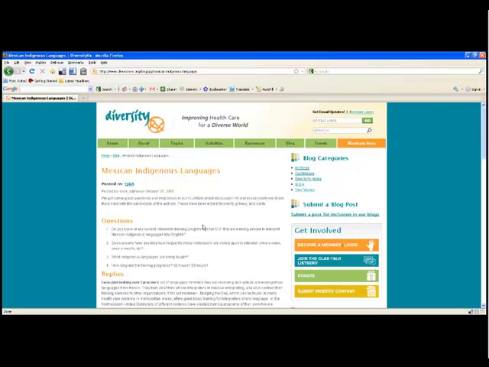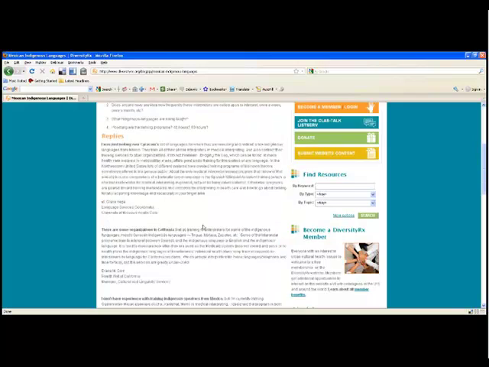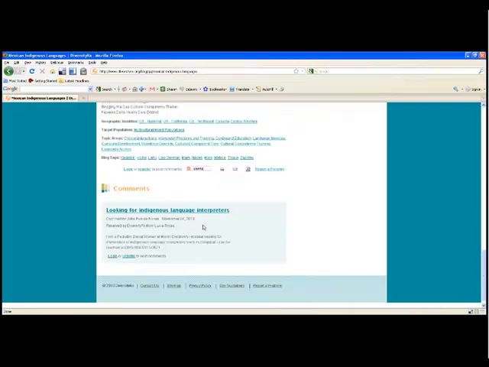So you can see here, I've got a couple of questions, and we've got replies from people all over the country. And if you look down at the bottom, we have a comment section. This is one of the places where people who are members of DiversityRx can actually contribute to the discussion. So we have somebody here who read our website and sent an email to us saying that she was somebody in Miami looking for interpreters of indigenous languages, and gives some contact information about how she can be reached. Obviously, you could add additional resources